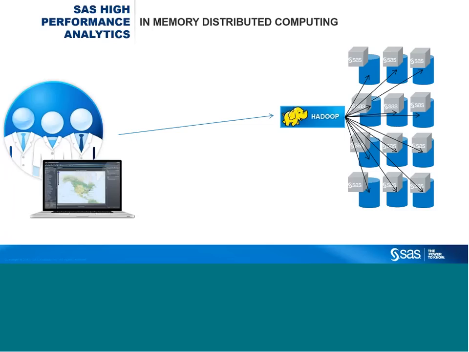By that, I mean we've taken some of the statistical procedures, some of the data mining, text mining, econometrics, forecasting, even optimization algorithms. We've rewritten those so that when they're executed, they run in memory in a distributed space inside the Hadoop ecosystem. So inside a Hortonworks